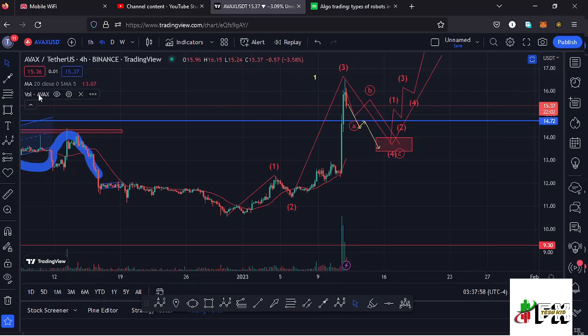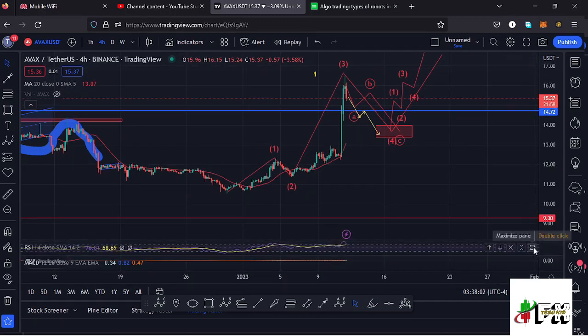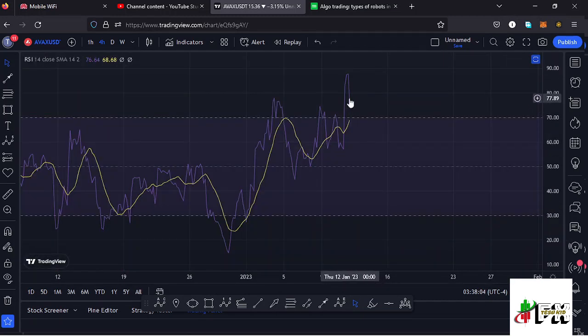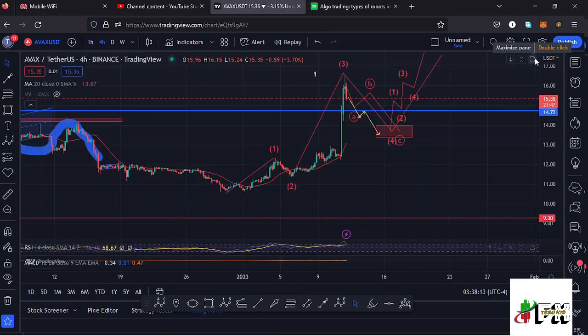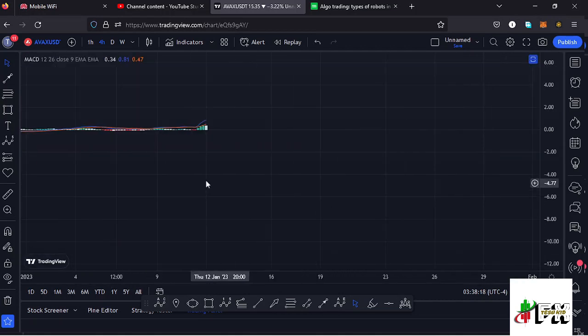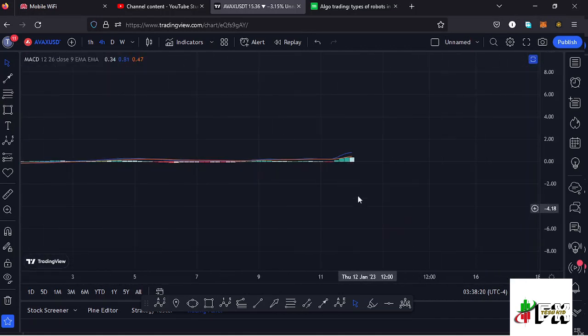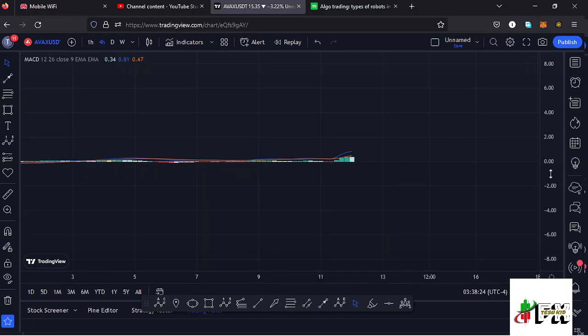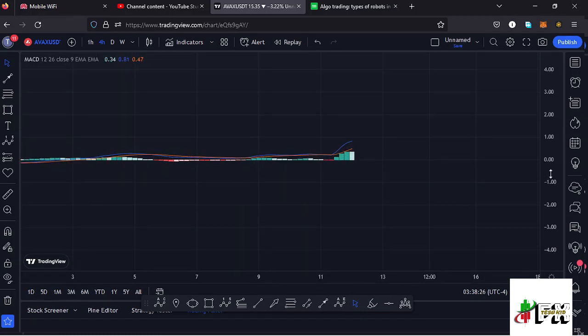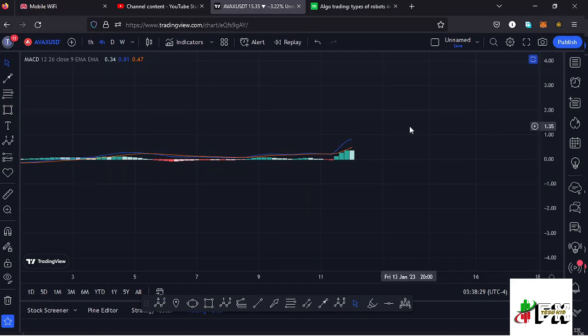And also taking a look at the RSI, on the RSI we are trading at around the 77 mark, meaning we have managed to get into the overbought region, and we have massive room for us to support any movements to the lower side, for us to have a corrective structure, for us to continue pushing even higher on the RSI. Also taking a look at the MACD, we had printed a bullish cross, but we are seeing a decrease in the buying momentum, meaning soon we might be able to print that bearish cross. So let's be patient and see how that plays out, and I'll keep you updated.